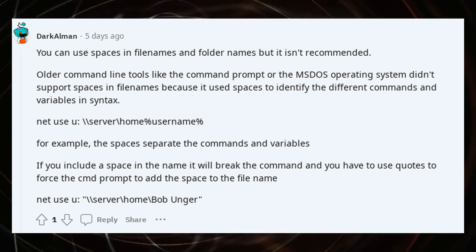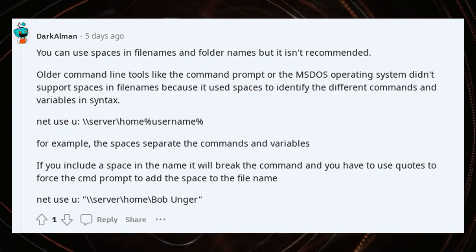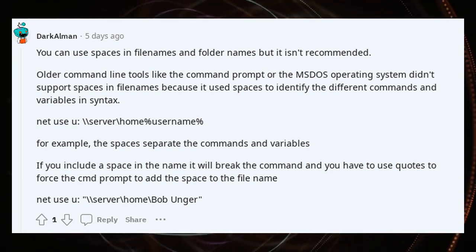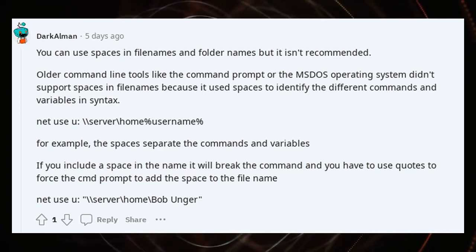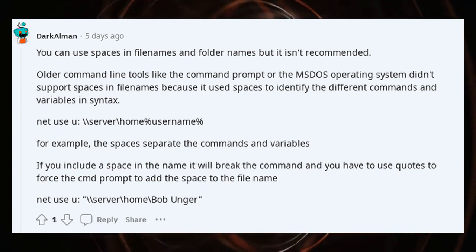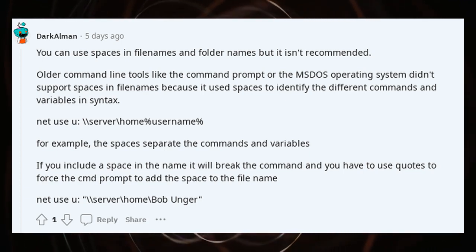Net use \\server\home\username, for example. The spaces separate the commands and variables. If you include a space in the name, it will break the command and you have to use quotes to force the CMD prompt to add the space to the file name. Net use \\server\home\Bob Unger.